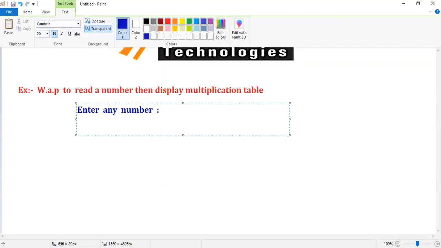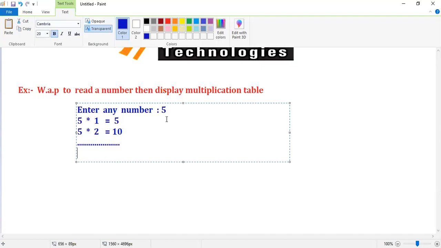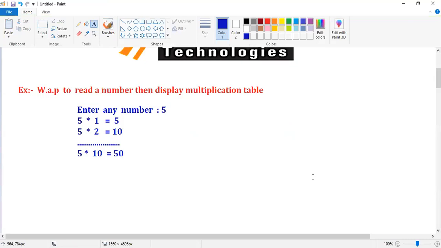If I enter 5, imagine my number is 5, then it has to display the multiplication table as 5 into 1 equal to 5, 5 into 2 equal to 10, and so on, up to 5 into 10 equal to 50. I need output like this, guys. From 1 to 10, I need one multiplication table. This is my requirement.